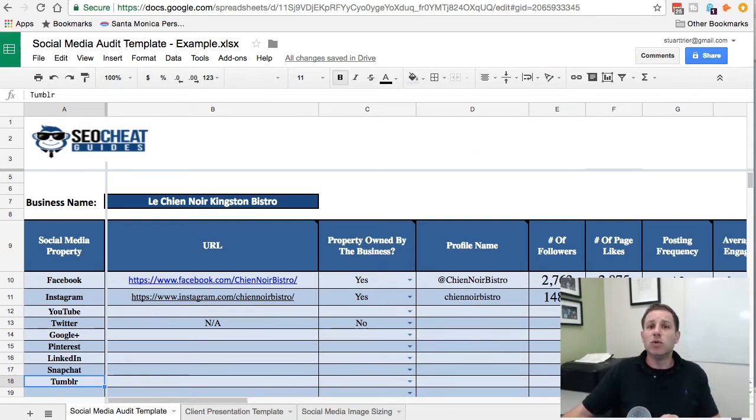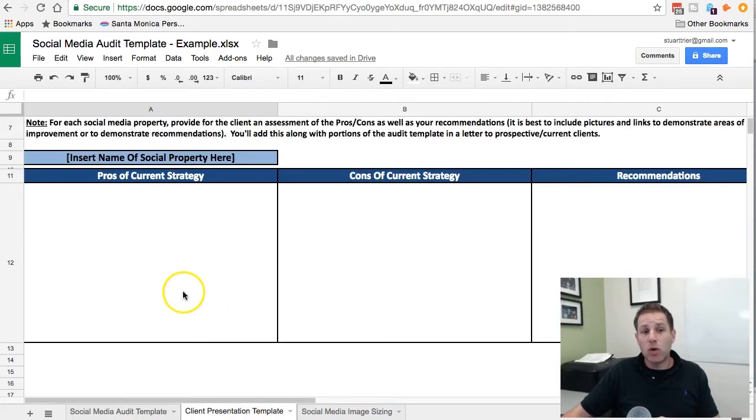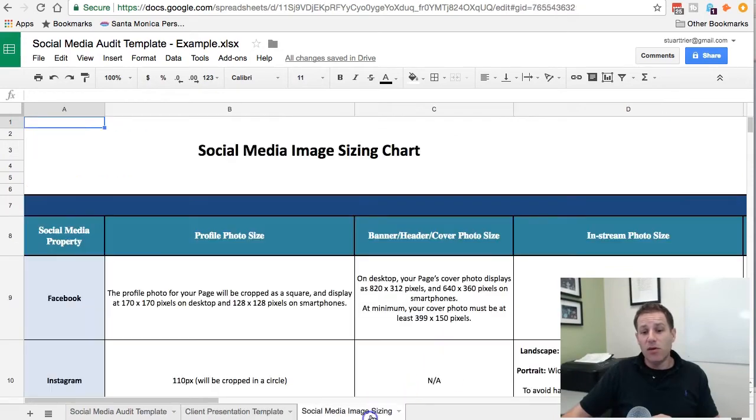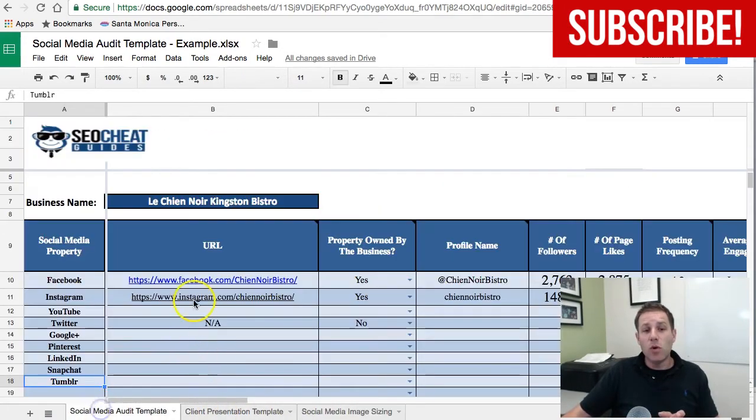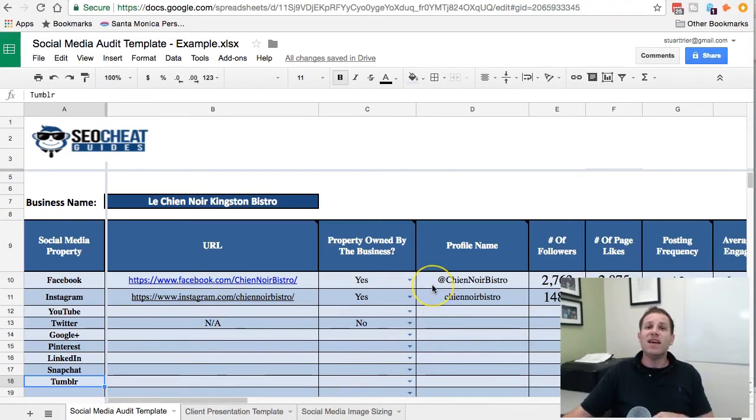And then we're going to pull together a presentation, right? So what are the pros, what are the cons, and what are the recommendations for each kind of social media? And we're going to have image sizes that they can look at. We're going to get our VA to do most of the heavy lifting for us. Ultimately, what I'm proposing you do, though, is once they've done this, I would hand that over either to a local employee, like a millennial that you may hire at $15 or $20 an hour, to take what the